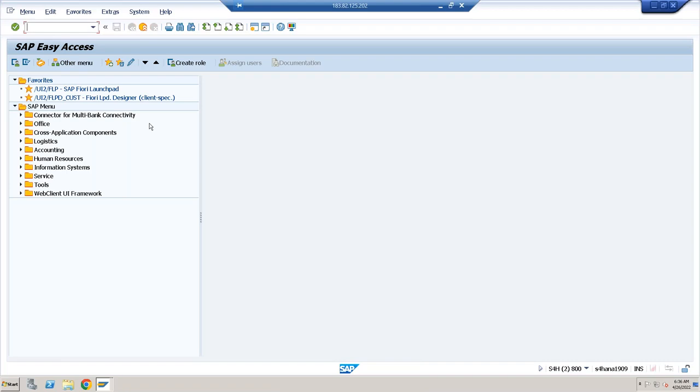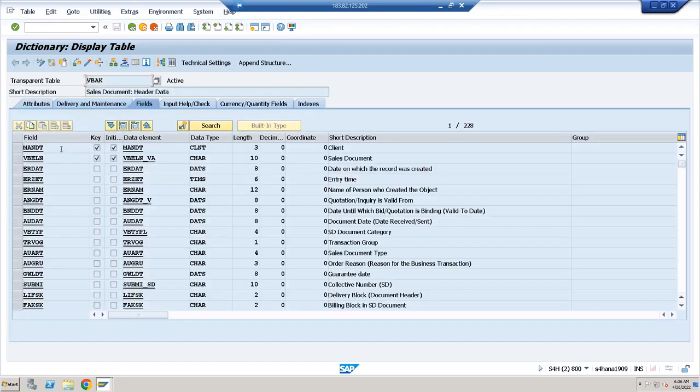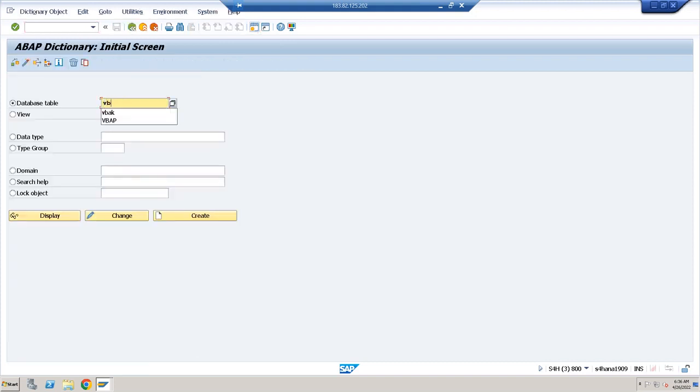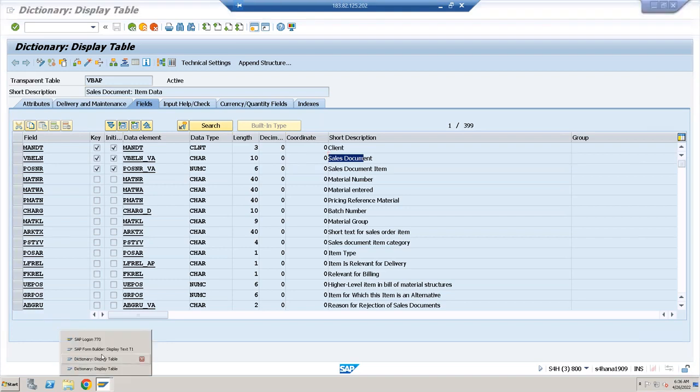Okay, so already we know the relationship between VBAK and VBAP table. So once again, if you go to ABAP dictionary, SE11, the VBAK table, sales document header data, we have what? Client field and VBELN. What is VBELN? The sales document number, right? And we have another table, the VBAP, which stores what? Sales document item data. Here also we have what? VBELN, item number, sales document number. So if you see any record here,